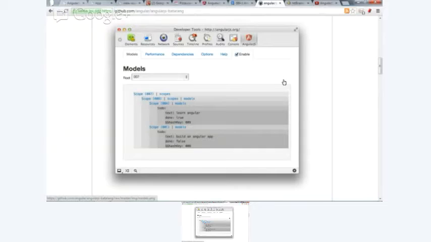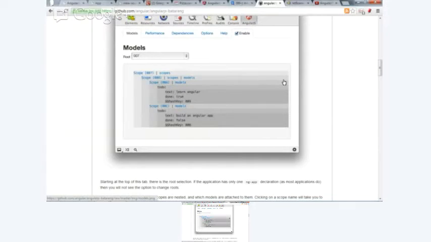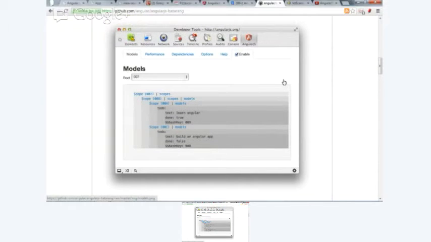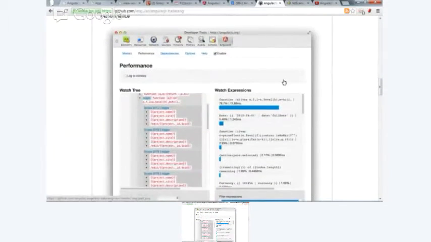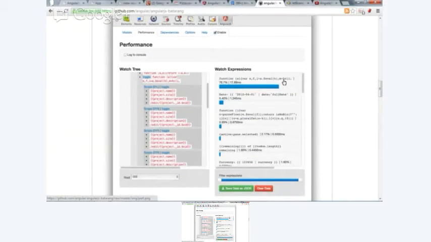Tools as well, there's a great extension for Chrome called the Angular Batarang, which gives you a good visual view into your app. Here's a screenshot of the various scopes, which I didn't talk too much about, but it's good to be able to visualize that. I really like the performance view as well. As your app is growing, you can zero in on any poorly performing requests and things.